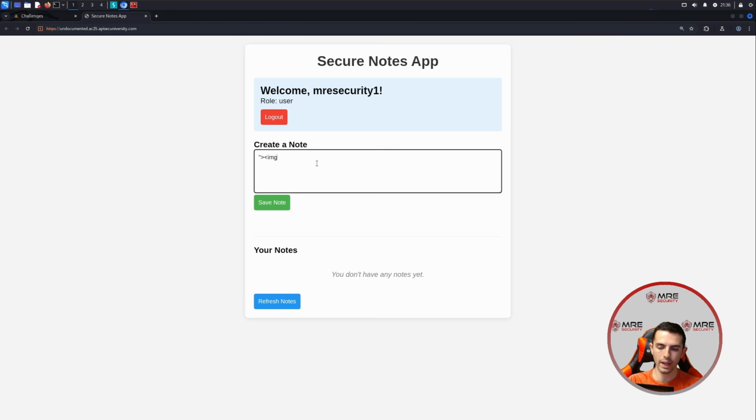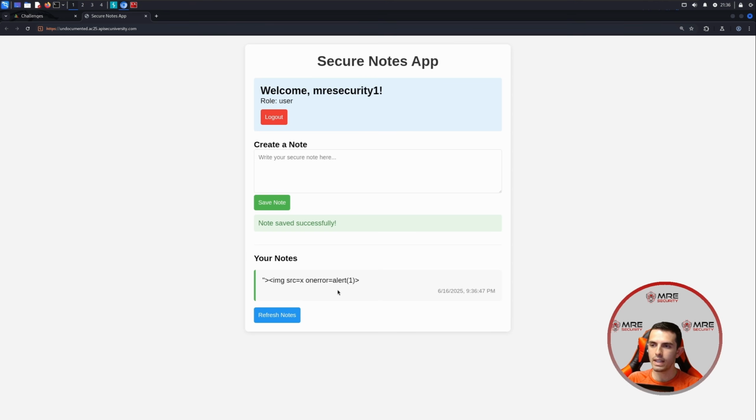So we're going to just do a basic XSS payload and see if it works. And all this is doing is using an image tag. It's throwing an error because source equals x will always result in an error. And this onerror attribute will send off an alert(1) pop-up, or JavaScript alert box, to our screen if it does execute. And we could save this and we could see that it doesn't look like there's any cross-site scripting